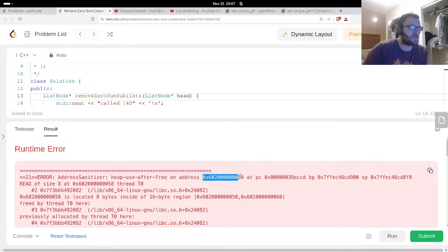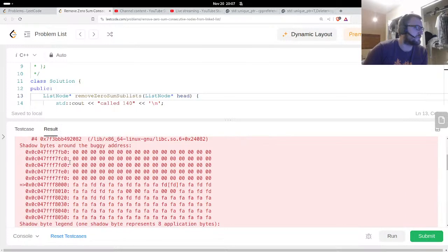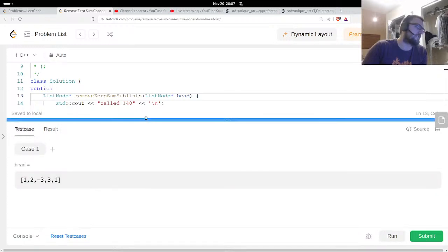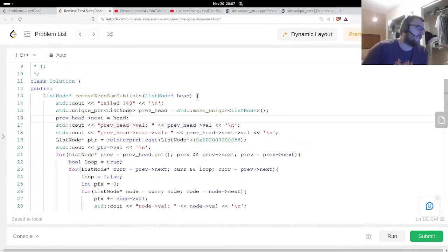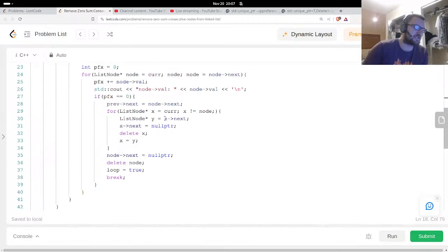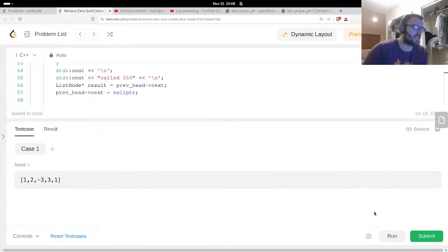So I'm trying to use this address. Maybe this is the address. I don't know. Maybe that's not the address. Maybe this is not the right address to, shadow bytes around the buggy address. This might be an address of something else. I don't know. Okay. It's probably not. Probably should try to do it that way. I'm just curious to see what even is that? It's telling me is being